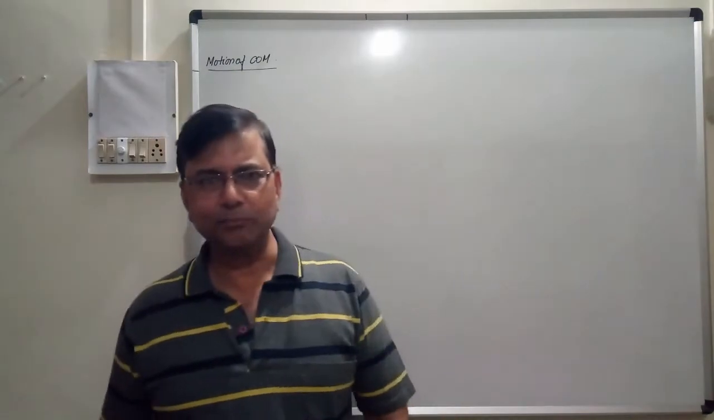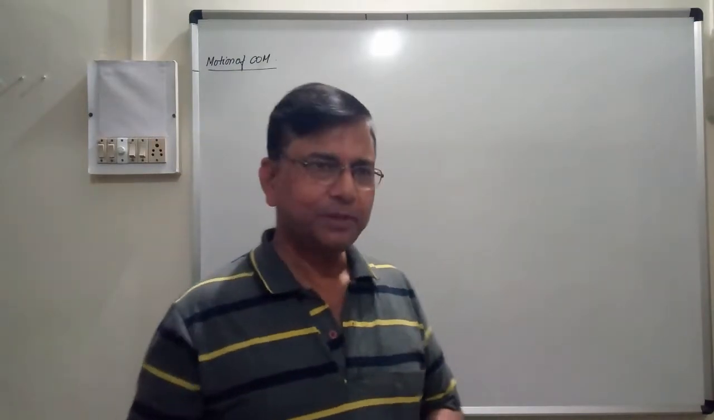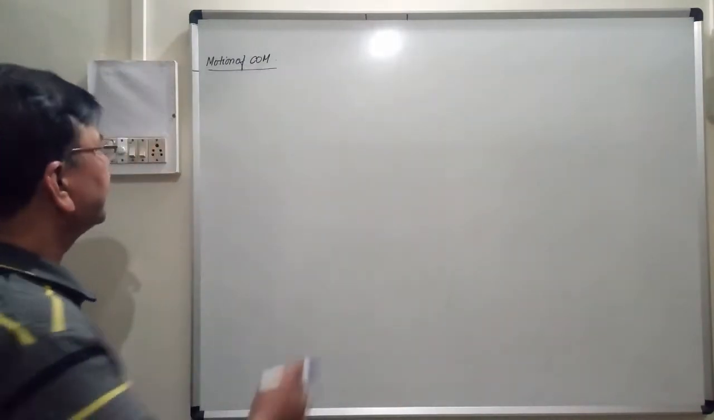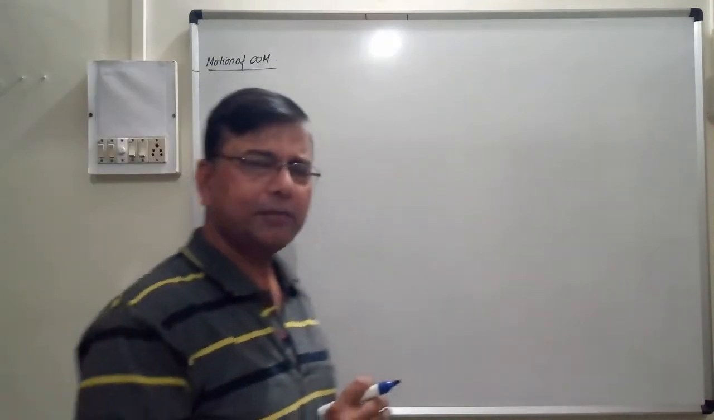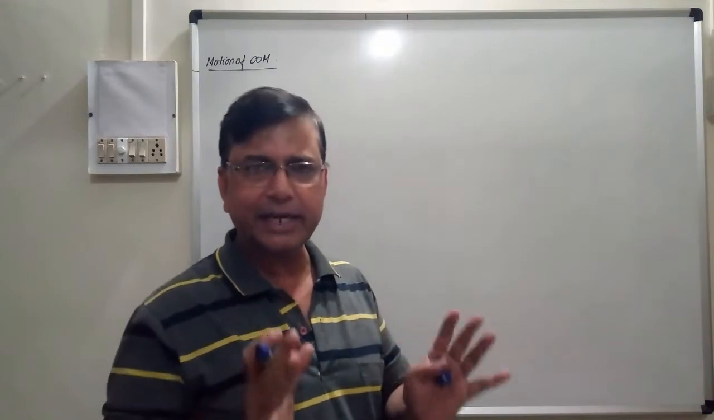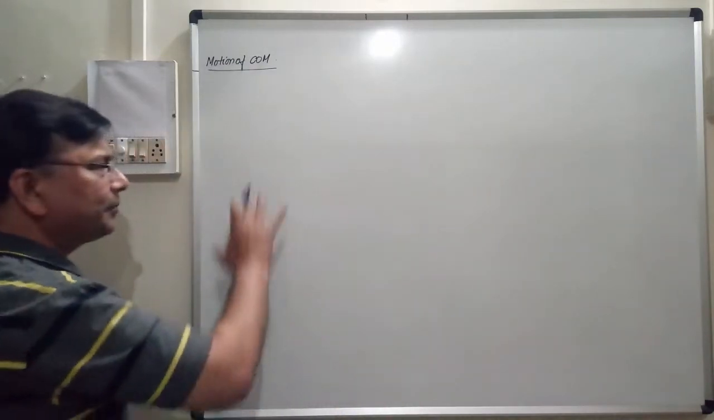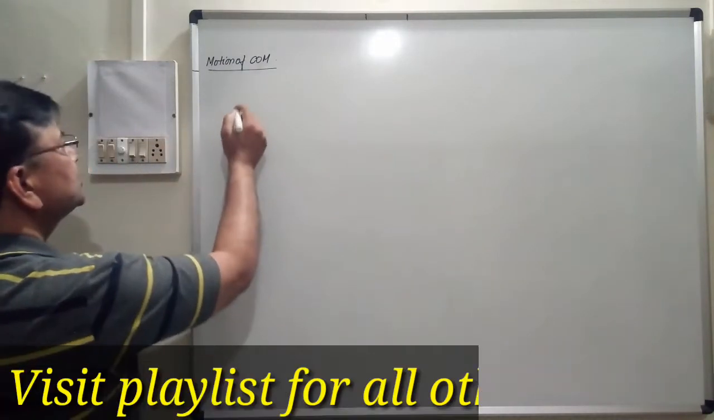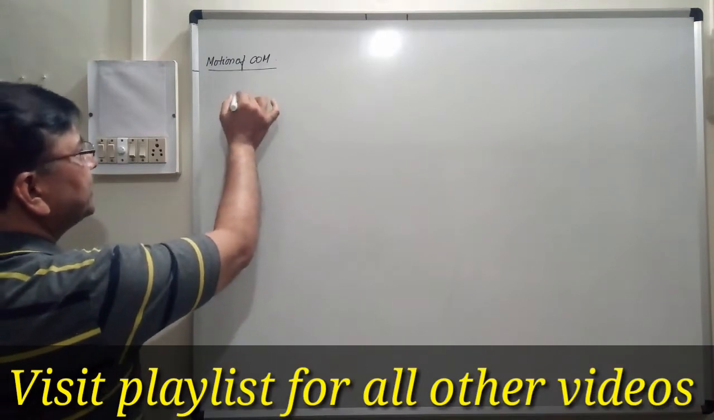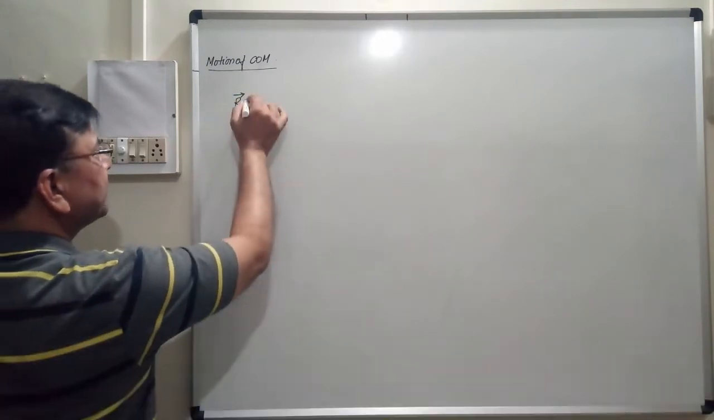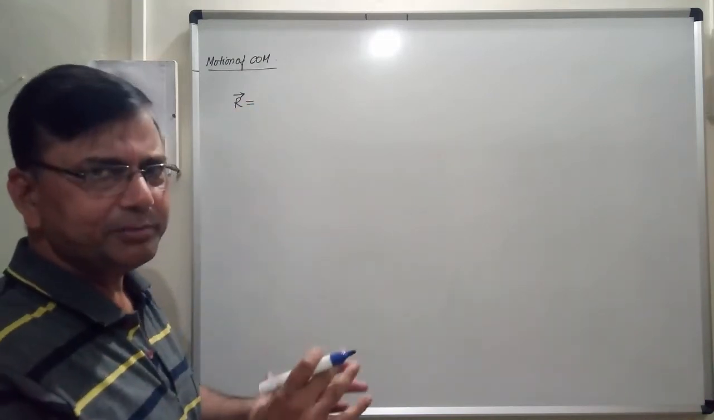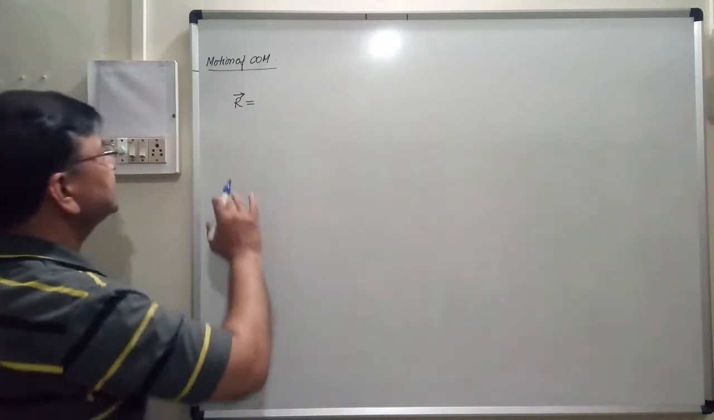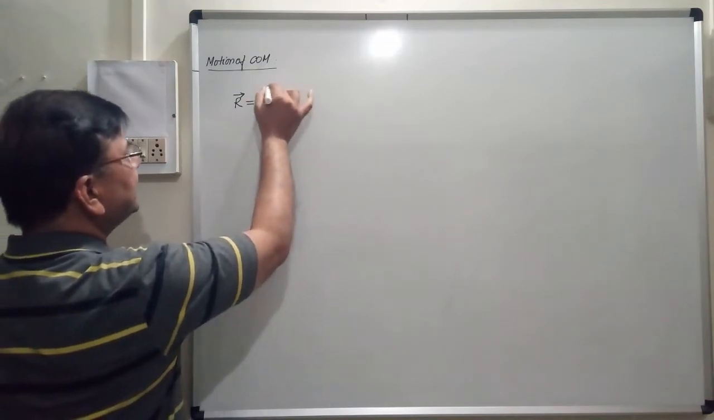We are going to study the motion of center of mass today. So we know one thing regarding motion of center of mass. We know the position of center of mass of the discretely distributed mass in the system of particles. So if R represents the position vector of center of mass of discretely distributed masses, then this is represented by